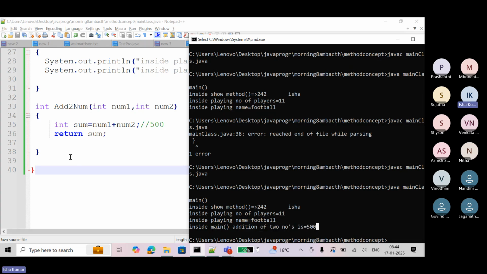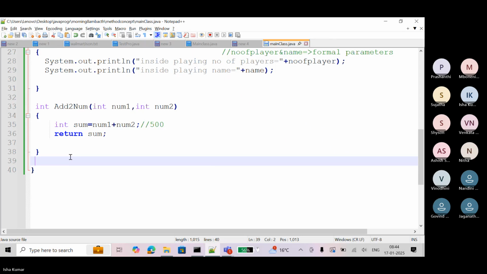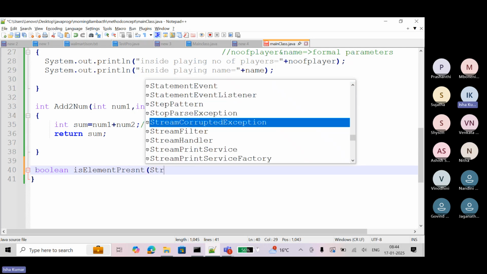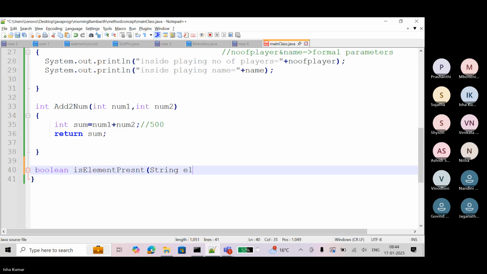Let's say you define one more method, this time Boolean. Boolean is, let's say, isElementPresent. I am just writing one method, isElementPresent. And here I am taking the result, let's say String element.